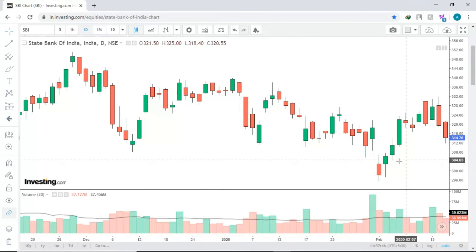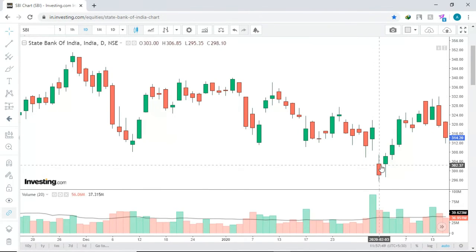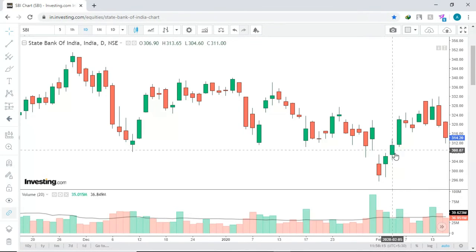So let's take this candle. On this particular day, the price started at 302 rupees and has gone up to 306 rupees. So on this day, the price has increased by almost 5 rupees. Next day you can see the candle. It's a green candle again. It has started at 306 and ended at 311. In this way you can know the candle has increased and it's green in color. That means it's a bullish candle.